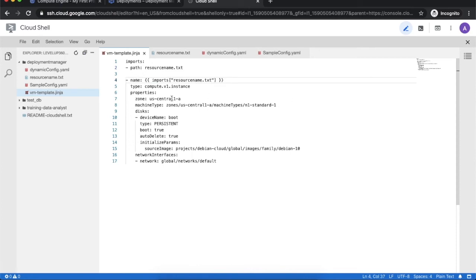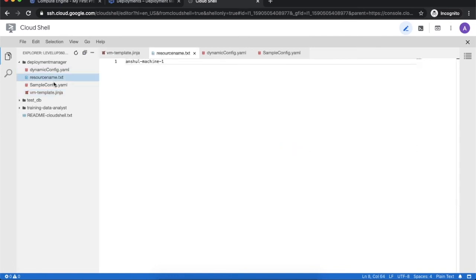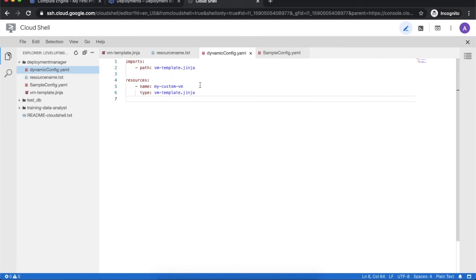So over here we have completed a few things. We have created the new template. We have defined the parameterization of a single parameter. If you want to define the parameterization of another parameter, you can define that as well. We have defined the separate dynamic file. So we have defined all the configuration.